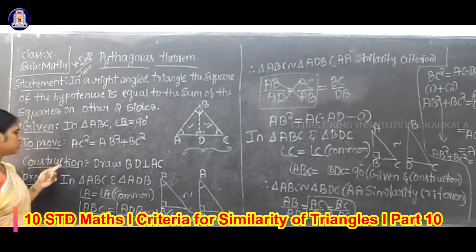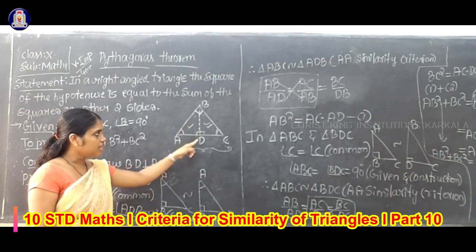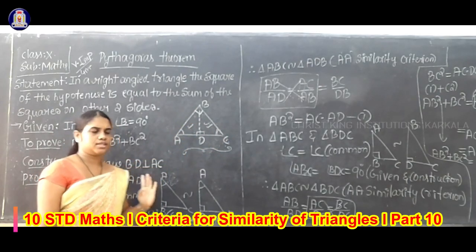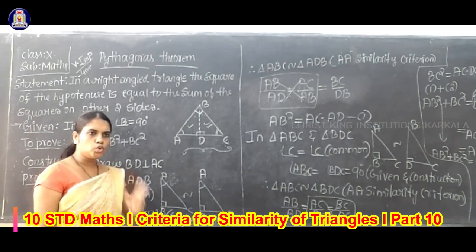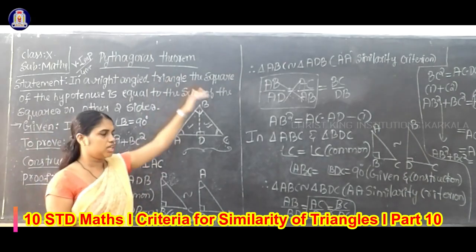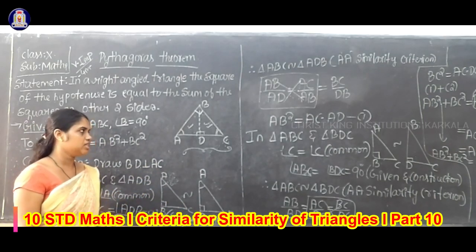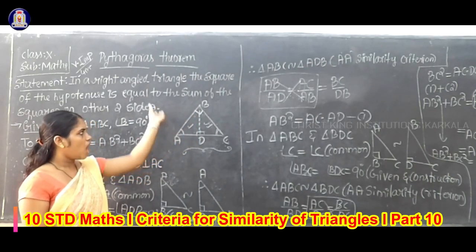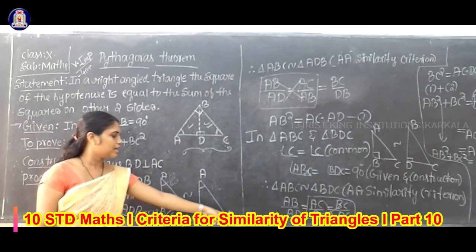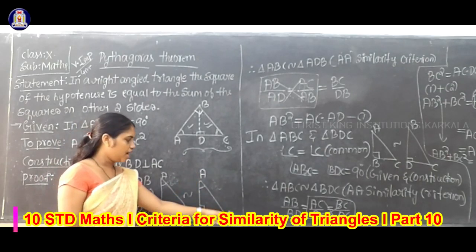Okay, so to prove this, I will take construction. What construction? I will draw BD perpendicular to AC. Okay, next, proof part. To prove, I will take two triangles. First one is full triangle ABC, angle at the point B is 90 degree, and first half triangle, that is ADB. Okay, after rotating it, I will get it like this. Angle at the point D 90 degree, A and B.